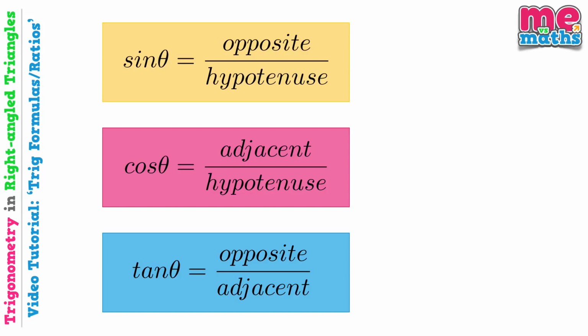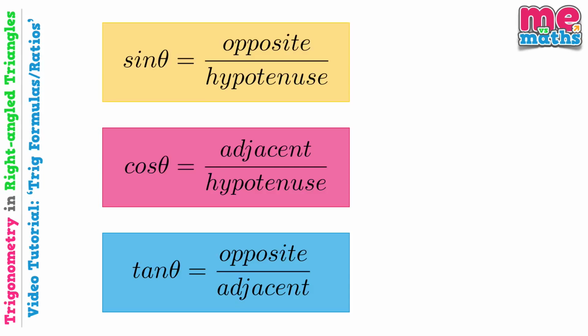Okay then, these are the 3 trig identities or formulas, and I know they can look a little bit scary if you've never seen them before, but don't panic, we're going to take it very slowly. Firstly, we have sine theta. Remember that symbol from last time? Theta represents an angle. Sine theta equals opposite divided by hypotenuse. Cos theta equals the adjacent divided by the hypotenuse, and tan theta is equal to the opposite side divided by